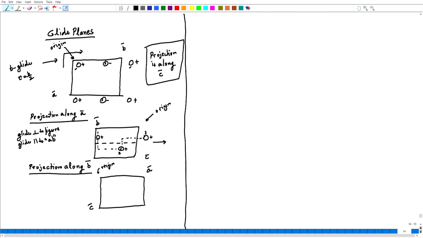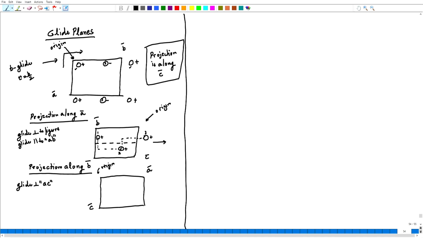Now, the glide plane is the AB plane. Now, the B axis is coming out, the A axis is in the plane, which means the glide plane, as in the previous case, is perpendicular to the AC plane. So, glide plane, let us put it this way, glide perpendicular to AC plane. But what about the glide translation? The glide translation is along B and B is normal to this figure, which means the glide translation is also normal. So, how do I indicate a glide plane?